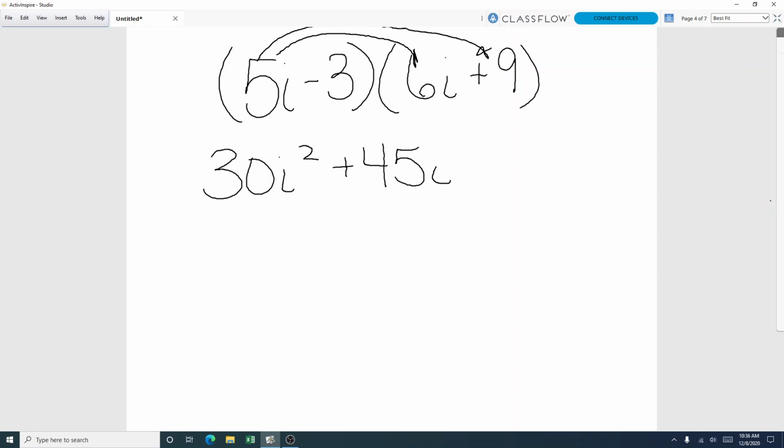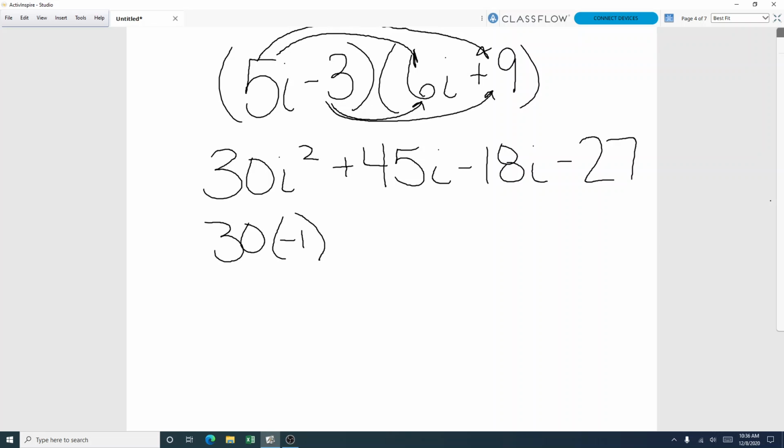Aiden, what's 5i times 9? 45i. Then I have to move to the -3. Courtney, what's -3 times 6i? -18i. Then I move to -3 times 9. Shelton, what's -3 times 9? 27. Right, -27. So now I have to take wherever I have i squared, and what do I change it to? -1. So this becomes 30